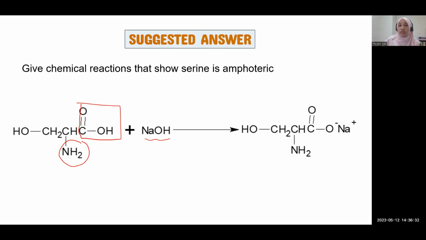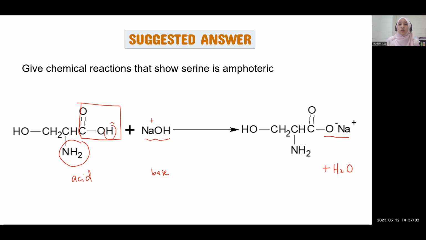So dekat sini amino acid dia akan play role sebagai acid. Okay, dan buat neutralization dengan base kat sini, dengan cara dia akan donatekan dia punya proton, okay, kepada inilah, dia akan keluarkan dia punya proton. So apa yang berlaku nanti, Na plus daripada sini akan pergi kepada O minus itu untuk membentuk sodium carboxylate ion lah kat situ. Okay, dan nanti OH ni dengan H ni akan keluar sebagai H2O. Okay, so that's what happen in